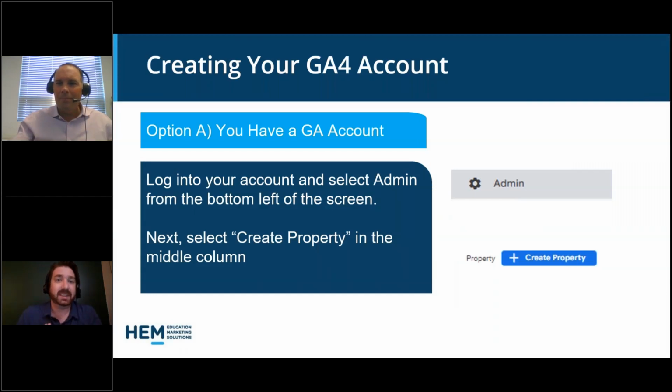So fortunately, getting yourself a GA4 account, if you do not have one, is actually very easy right now. If you have a UA account, so a standard GA account, you can actually just go into your admin section, which looks like a little cog at the bottom left of the main screen. And in there, you'll find the properties tab, which has create property. So at present, the only type of property you can create is a GA4 one, which makes it very convenient. It's just a couple clicks and it starts the process for you.